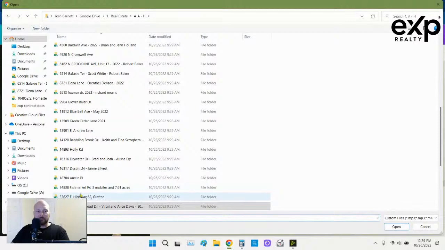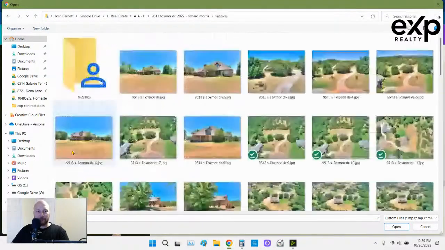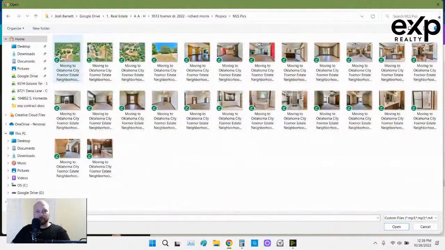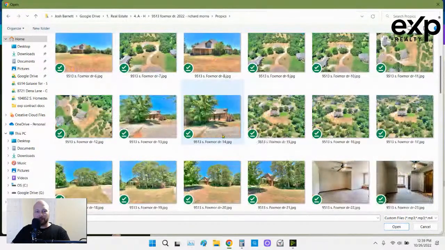Let me jump over here. Just looking at the pictures that I want to bring in.